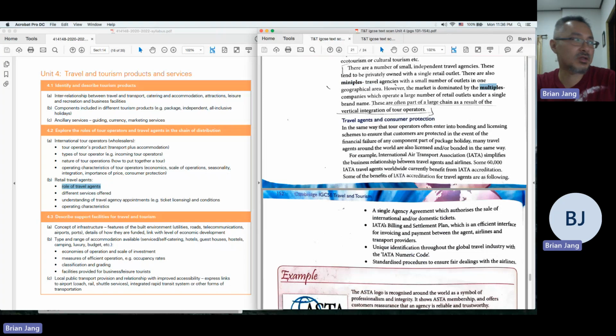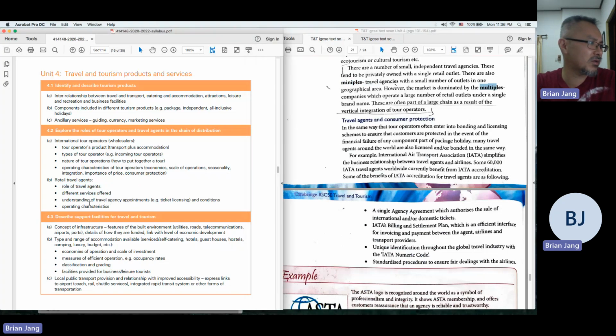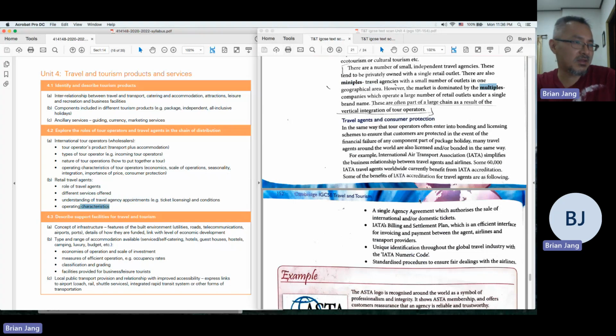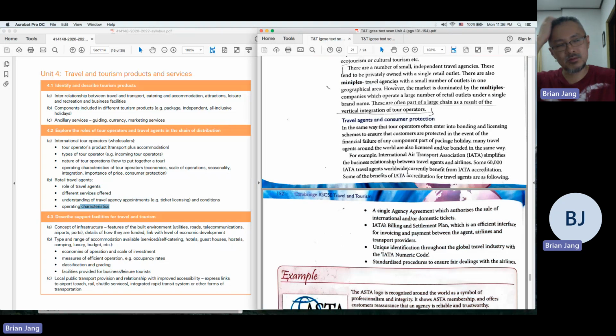Travel agents and consumer protection. Consumer protection is important. Do they even say that in the syllabus? No, they don't. But at the same time, I don't remember where consumer protection was asked in the exam. Maybe it'll be in your exam. Consumer protection is basically,